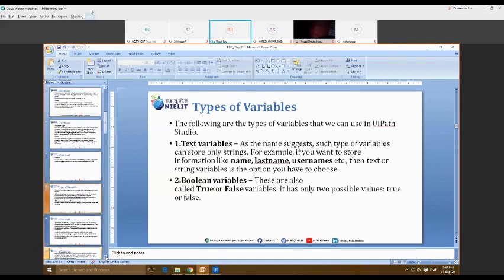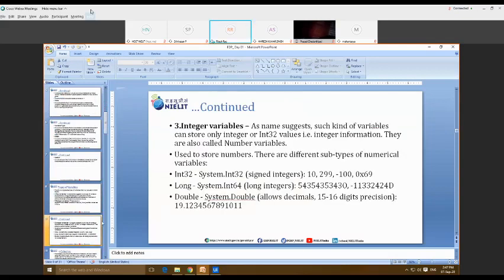And next comes the integer variable. Again, this is very much clear from the name itself. Such kind of variable can store only integer or int32 value, that is integer information. So to store the information that are basically in the form of number, or you can say the integer, we have to select the type of the variable as the integer variable, and these variables are also known as the number variables. So basically in the integer variable we have some different subtypes of numerical variable, like we have